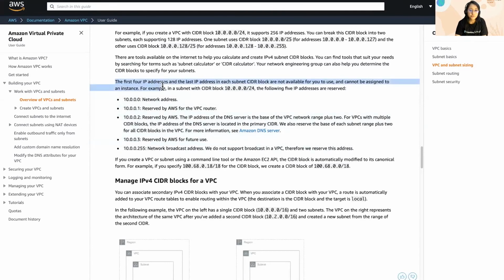See, the first 4 IP addresses and the last IP address in each subnet CIDR block are not available for you to use and cannot be assigned to an instance. The following 5 IP addresses are reserved. So these 5 IP addresses are already reserved, and you cannot use them or assign them to any instance inside that subnet. That is why there were only 251 IP addresses.